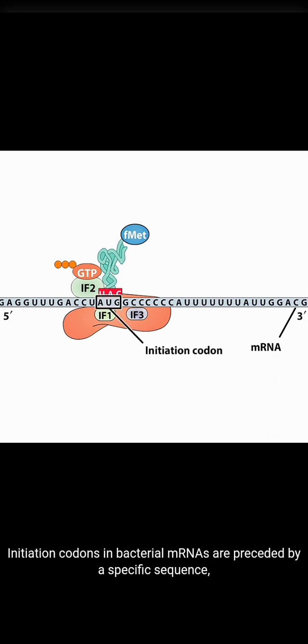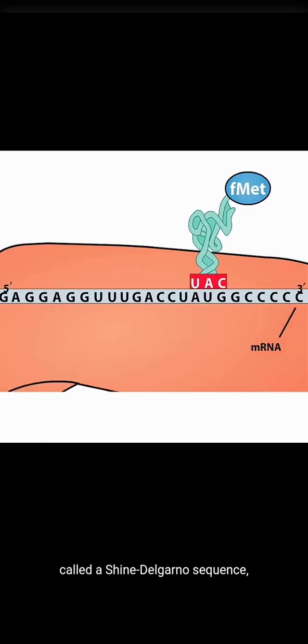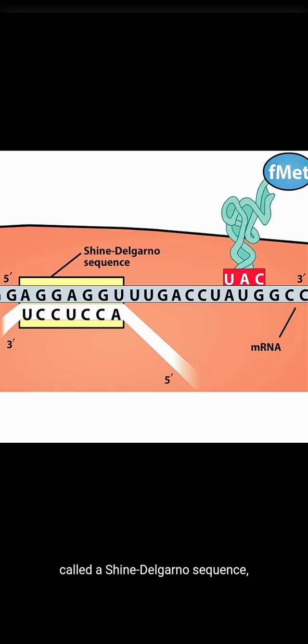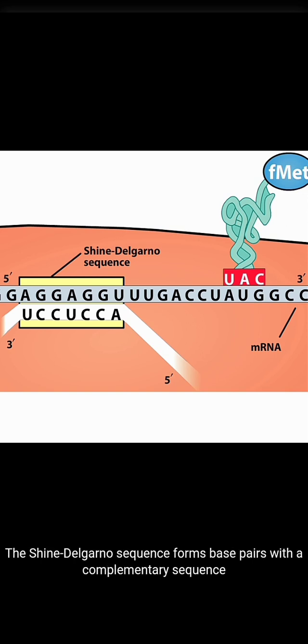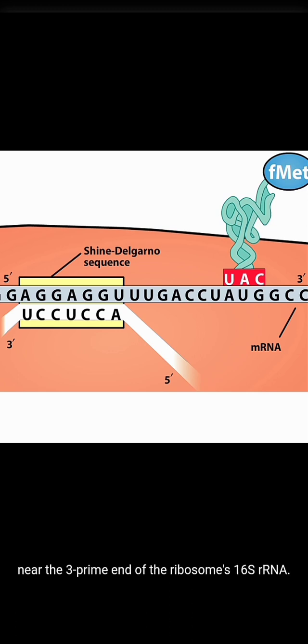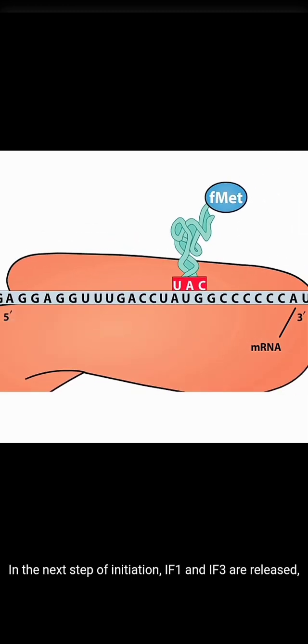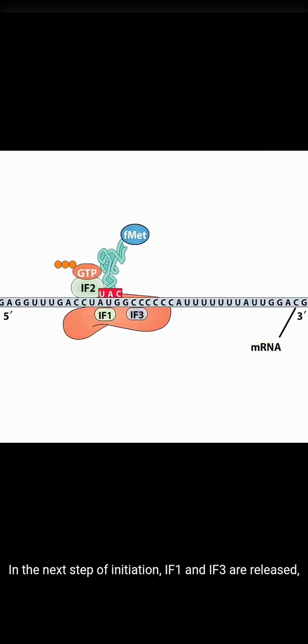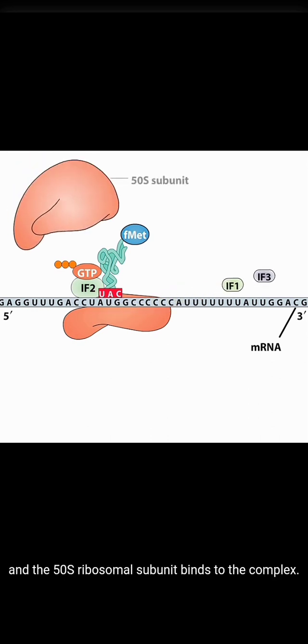Initiation codons in bacterial mRNAs are preceded by a specific sequence called a Shine-Dalgarno sequence that aligns the mRNA on the ribosome for translation. The Shine-Dalgarno sequence forms base pairs with a complementary sequence near the 3' end of the ribosome's 16S ribosomal RNA. In the next step of initiation, IF1 and IF3 are released, and the 50S ribosomal subunit